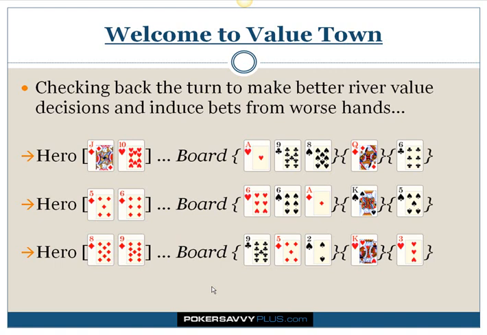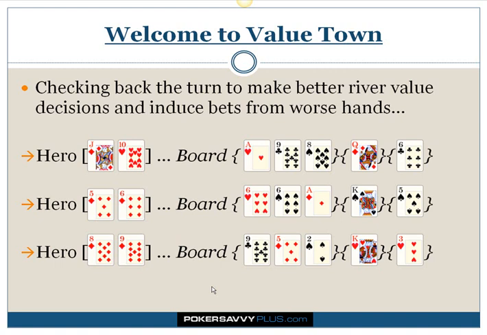In the second situation, we have 5-6 of diamonds, and the flop comes 6-6-ace. Now, this is a situation where I basically always c-bet, and I'm c-betting to build the pot. I'm c-betting for value, because it's one of those situations where either your opponent's continuing regardless or they're not, because with the ace out there, even if they do pair up, they're unlikely to continue anyway. So I c-bet this flop, our opponent calls,